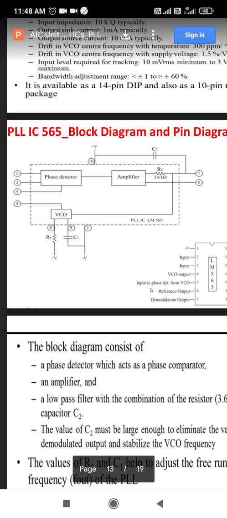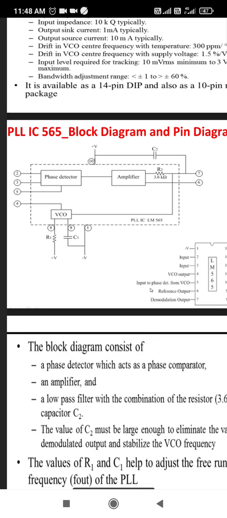Next, pin number 10 is positive supply plus V. Pin number 1 is negative supply, that is minus V. Next, at pin number 8 and 9 we have to connect the external resistor and external capacitor respectively. External resistor R1 and external capacitor C1 will decide the timing components of VCO. So these will decide what will be the center frequency of the VCO.